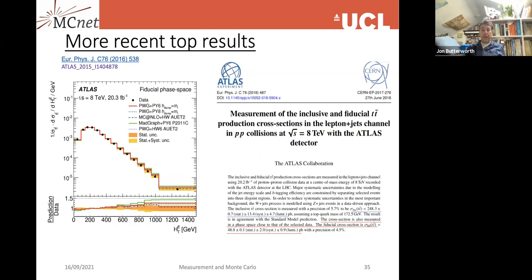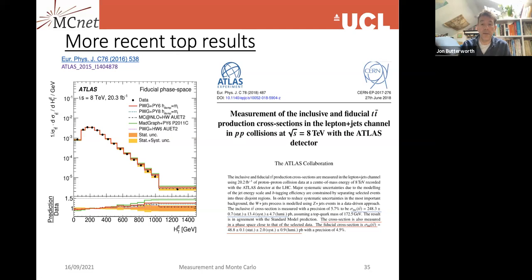I showed a bad example of an early measurement of a TT bar cross section from Atlas, which in one case wasn't even corrected to particle level. It was just a detector level observation, and then the second one was extrapolated to full phase space. The more recent measurements, where we have more statistics and more precision, both experiments are moving away from doing that,